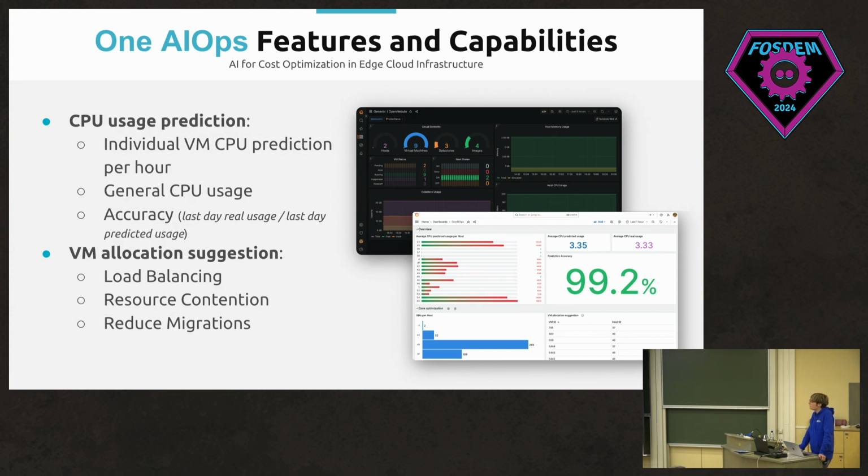There are three main policies when configuring AIOps. The first one is load balancing. It's just as the name says, balancing the load in all your nodes, very useful when you have an on-premise or private data center and you want to use all your hosts.